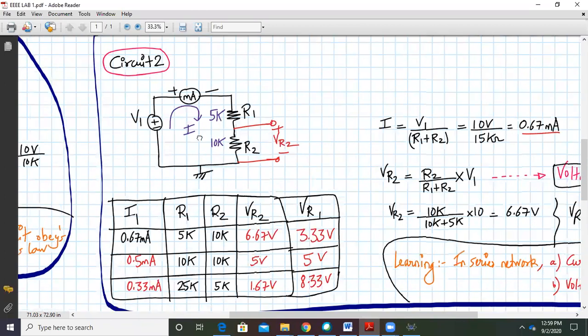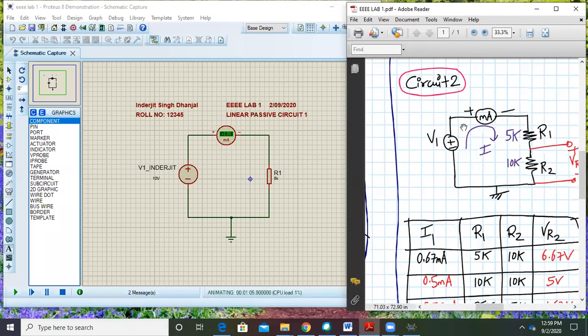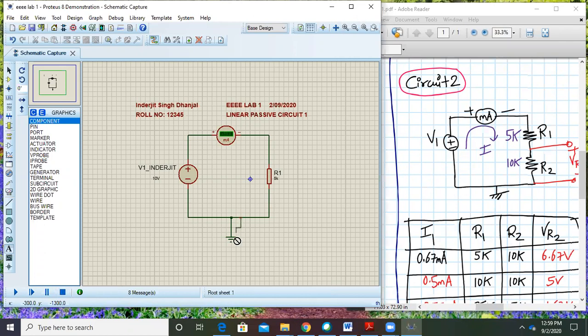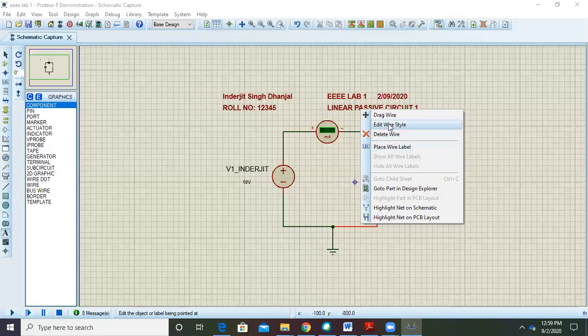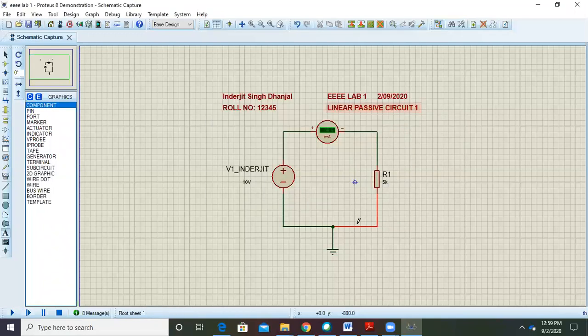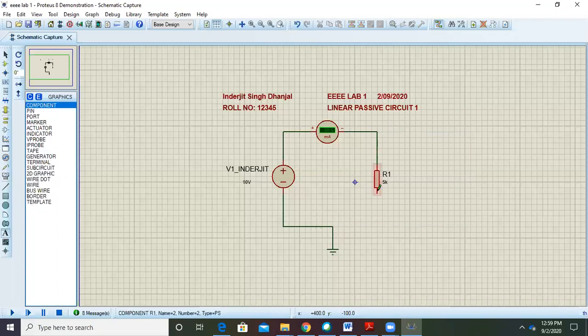Now let us come back to our circuit number 2. So circuit number 2, there will be a slight modification. We will add one more resistor over here. Okay, so let's do that. So this is a circuit. We have to close this simulation first. Stop it. I have to delete this wire. I have to push this down. Okay, let me just delete it. Now I'll maximize this, and I will right click on this wire and delete the wire. Okay, so that wire is deleted now.